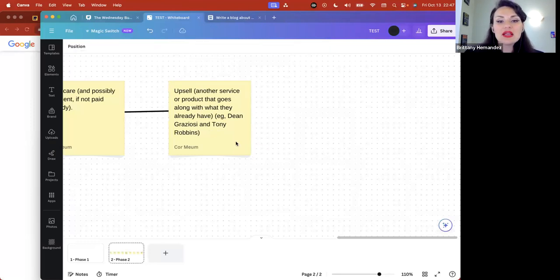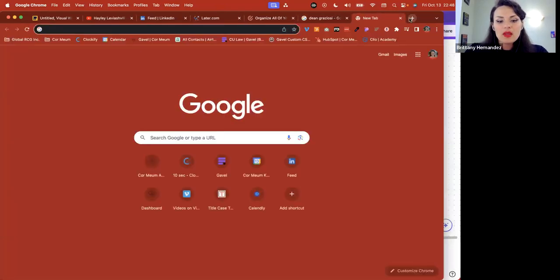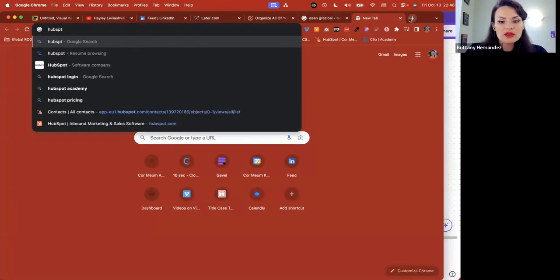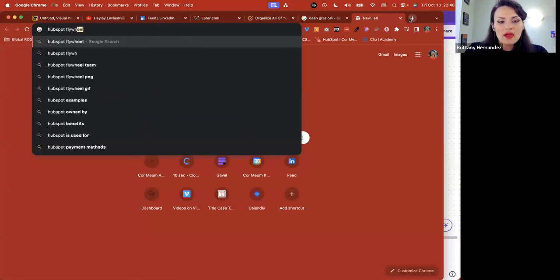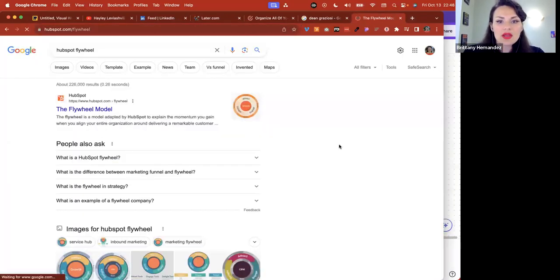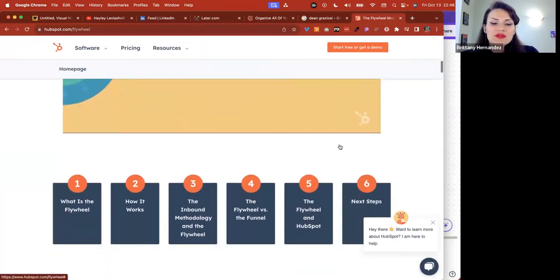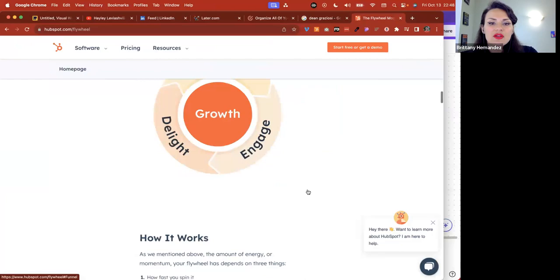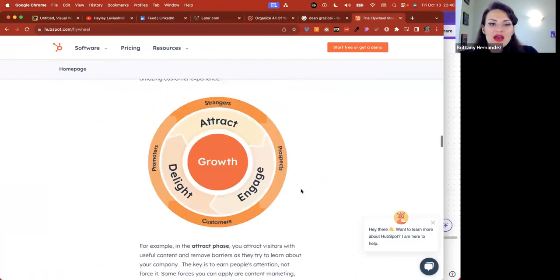And then there's another piece here, which comes from the HubSpot flywheel, which is quite good. The flywheel model. There's still the traditional sales funnel, but they add this idea of strangers. Like I said, they're out there in the world, they don't know about you. Then they become prospects because of your marketing efforts, because you've attracted them and engaged them in some way,